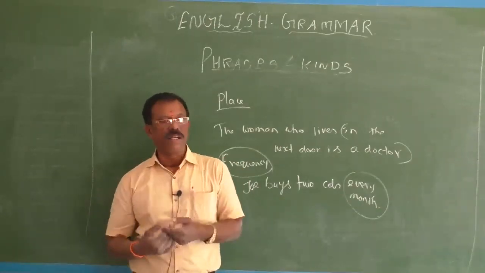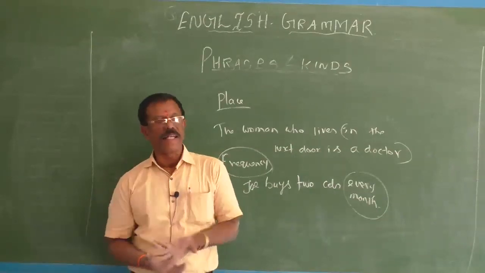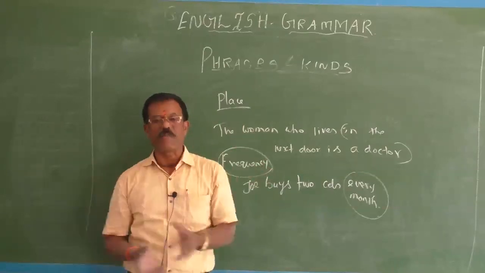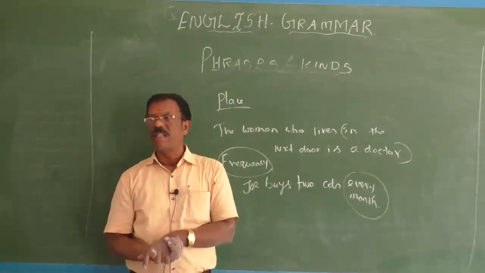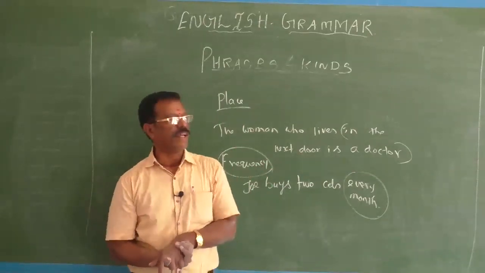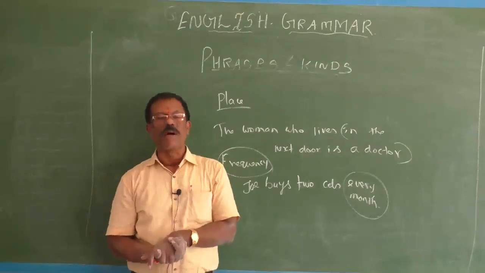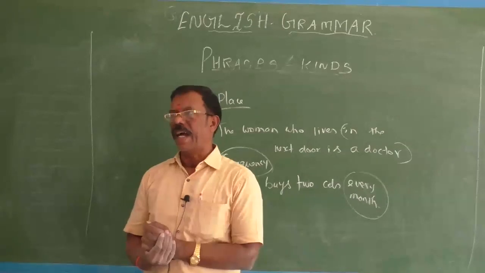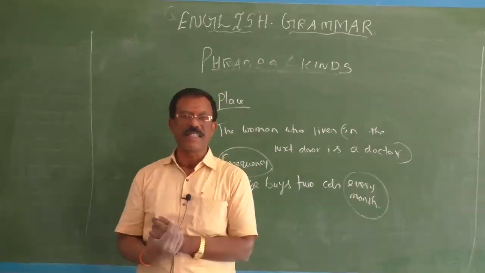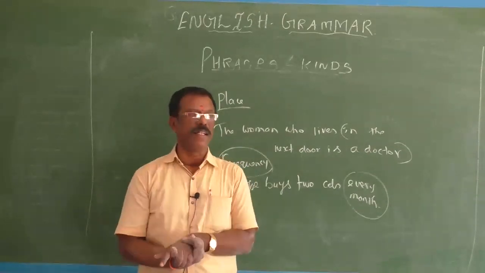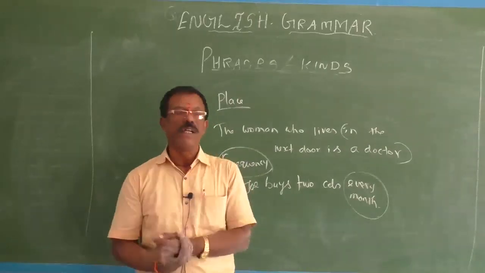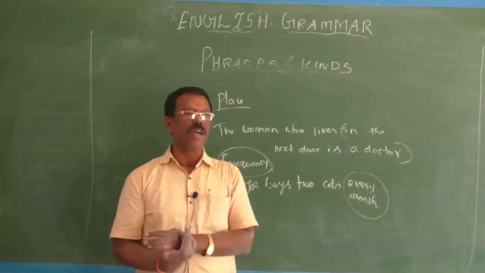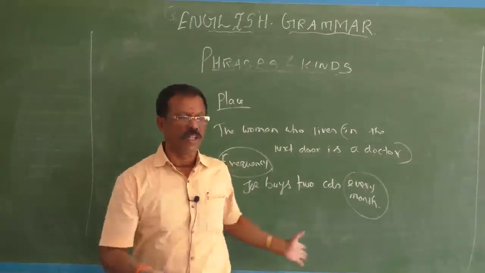I have given good examples, types and kinds of all these phrases, and I have also explained with examples the functions of various phrases. I hope, children, all of you can understand all these things well. You have a lot of exercises in your grammar book, Collins English grammar book. Just try to solve all the exercises given in the grammar book with the help of the things which you have learned in today's video class.